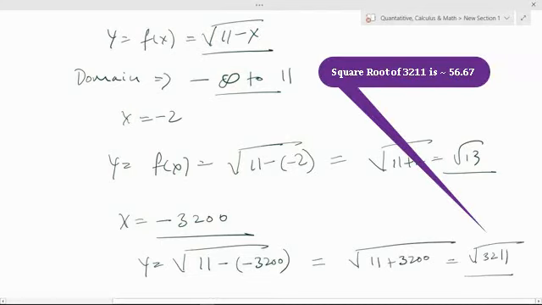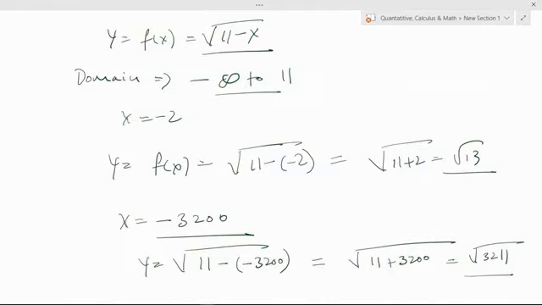so this is a good example. So now we know we can go to minus infinity to whatever value till 11 and we get a solution for the particular function. So when I'm taking minus x, this is the domain value, and when I'm looking at under root of 3211, this is the range.